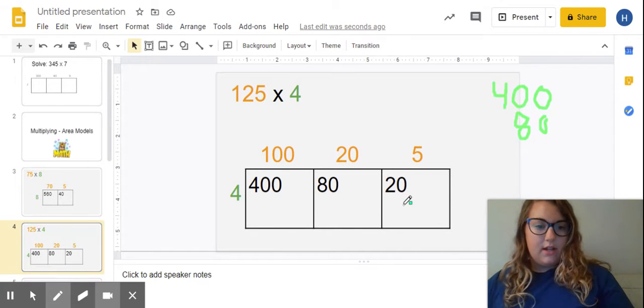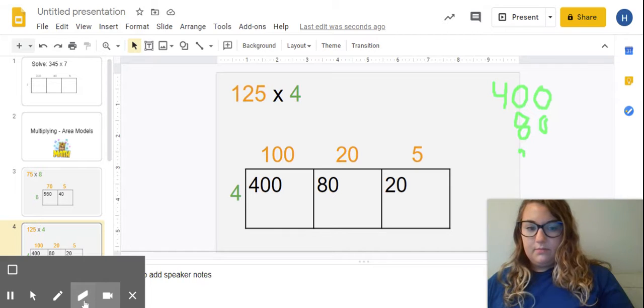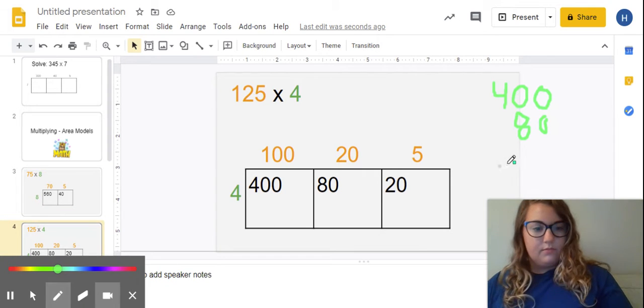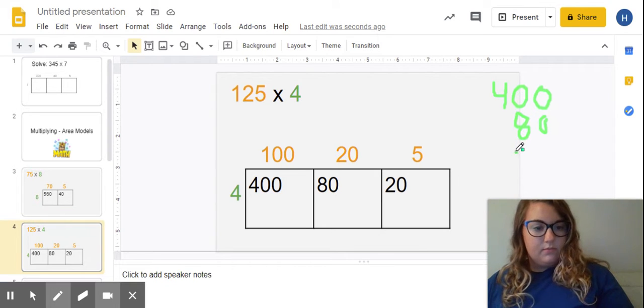Taking a look at my third box, I have 20, lining up my place values. Okay, so now that I have everything lined up, I am adding all of these together,